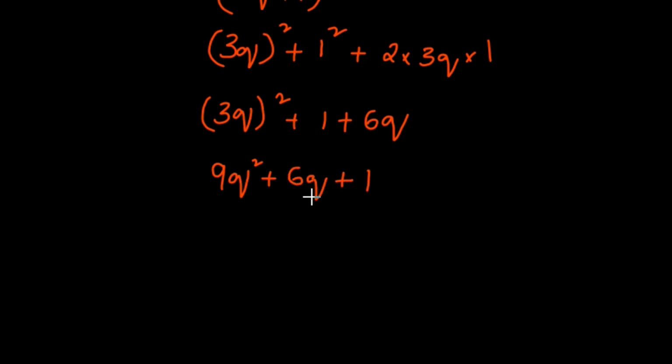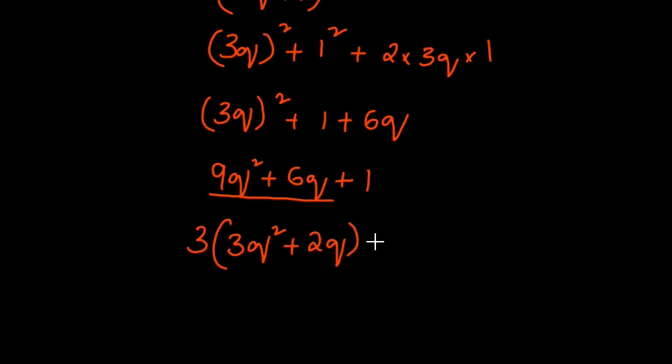Now taking 3 as common in this, we get 3 बाहर निकल गया, तो यहाँ पे बचा 3q square प्लस यहाँ पे 3 गया तो यहाँ पे 2q बच गया प्लस 1। अब हम क्या करेंगे, इस होल टर्म को m बना देंगे। अगर ये होल टर्म m बन गया, this will be 3m प्लस 1।